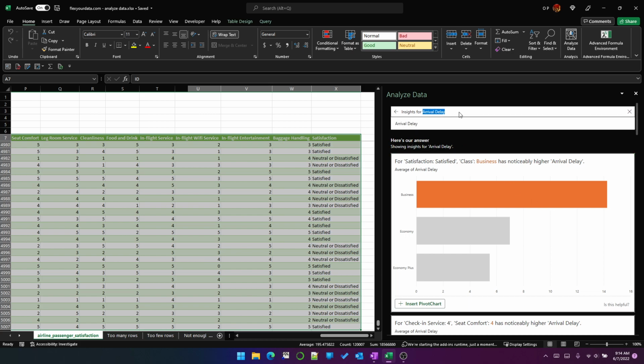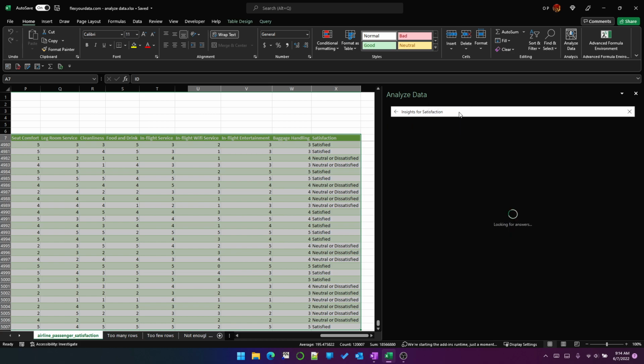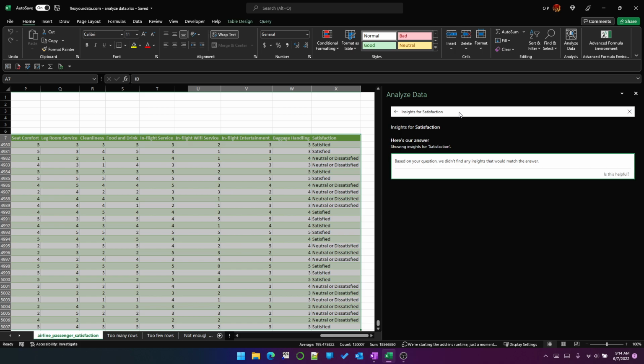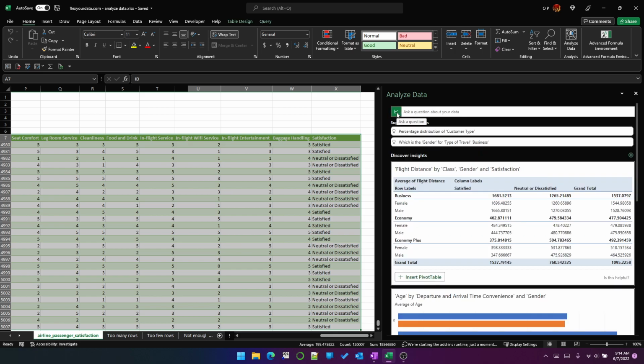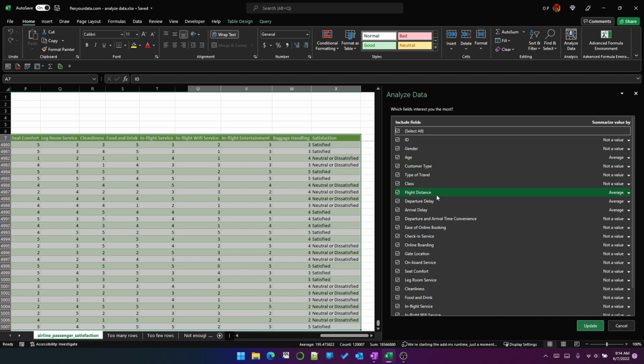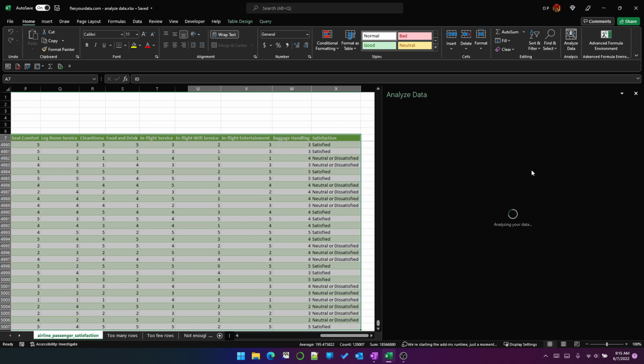Let's try insights for satisfaction. Okay, based on your question, we didn't find any insights that would match the answer. Now the reason for that is because we made some changes to the aggregation method on some of the fields. Now, flight distance, departure delay, and arrival delay we changed to average from sum, but if we change them back to sum and update,